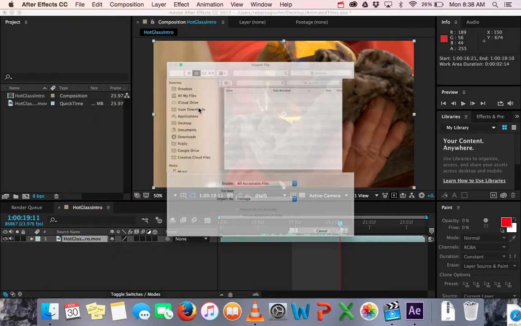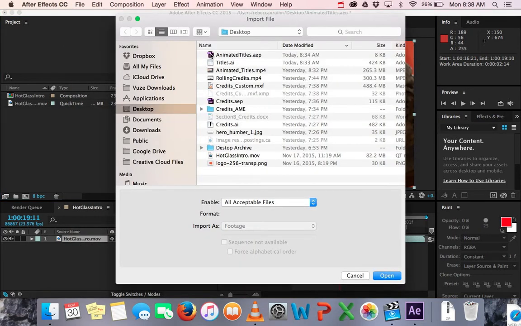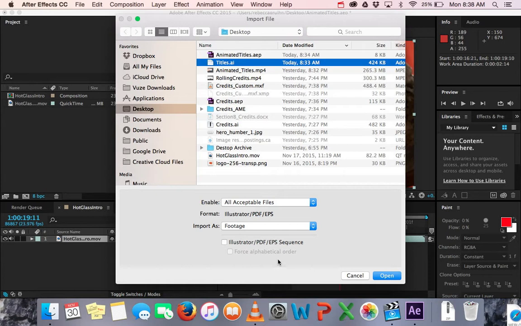We just click on File, and we want our Illustrator project that we call Titles. We're going to not bring in as footage because that will smush all the layers. We're going to bring in as composition retain layer size. And that means each layer has a unique size versus each layer being on